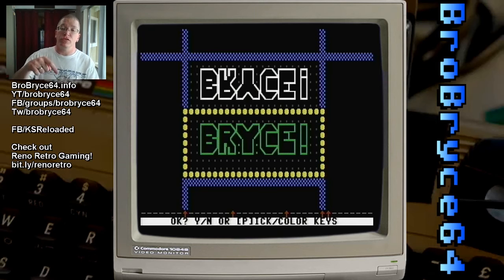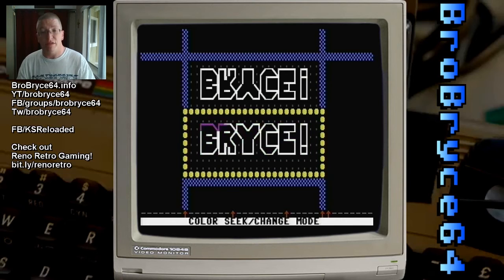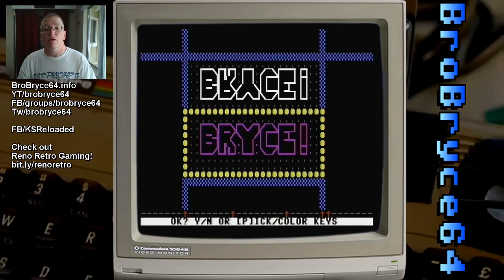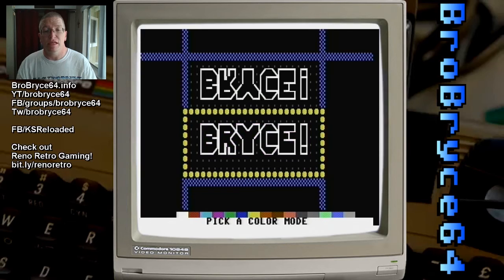That's something you couldn't used to do. You had to hit F1 and then select a color and then hit return, and then it would do the render, and then you'd have to do that over and over again. Now you can just randomly hit your keys. Or say you don't know where your color is on the screen, you don't know the color that you want to use. So let's go P to pick a color